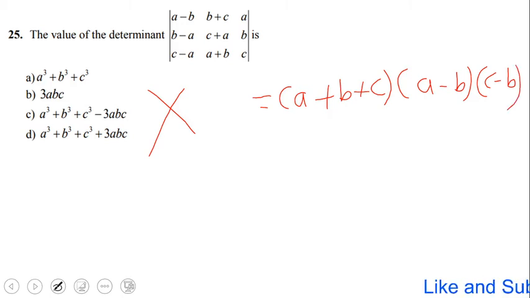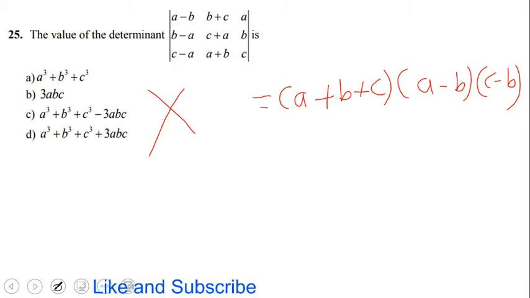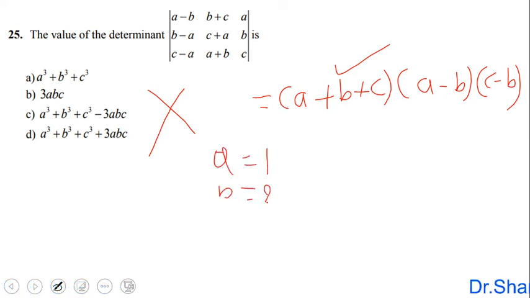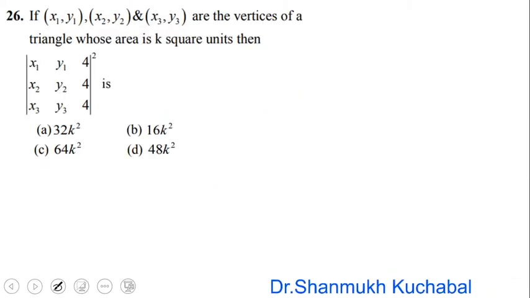As in an earlier example, dear students, we have to do a substitution as a equal to 1, b equal to 2, c equal to 3, like that. Then LHS equals RHS, we get it here. Therefore this is the right answer here. You can try this one, taking a as 1, b as 2 and c as 3. We will get LHS equal to RHS over here. Okay, we'll move to our next example.